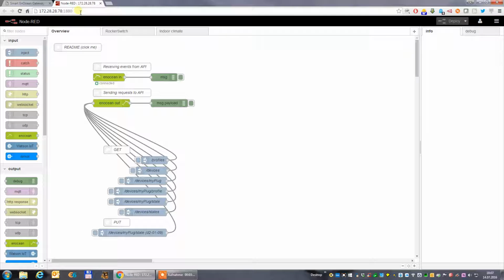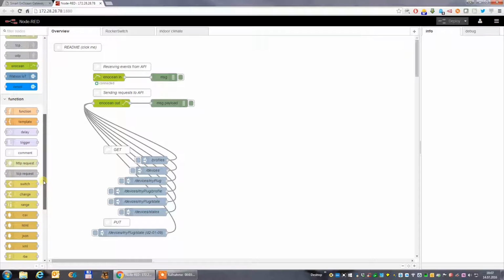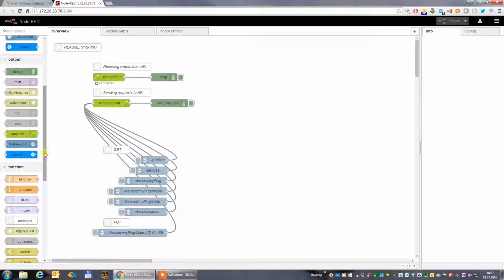NodeRed, as I said, is a tool for configuring workflows, using all kinds of protocols and all kinds of tools which are available here on the left side. If you know If This Then That, it's a popular end-user service where you can connect different connected devices and connected appliances with some If This Then That magic. Basically, if there's an event, then there's an action. NodeRed is almost the same, but on a more developer-style level, where you can use all kinds of already